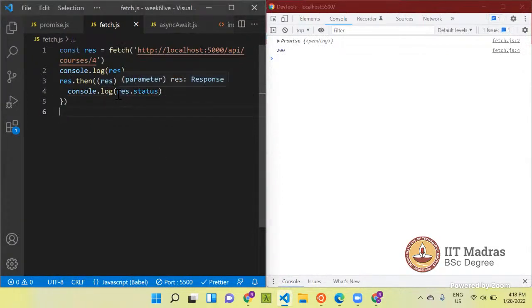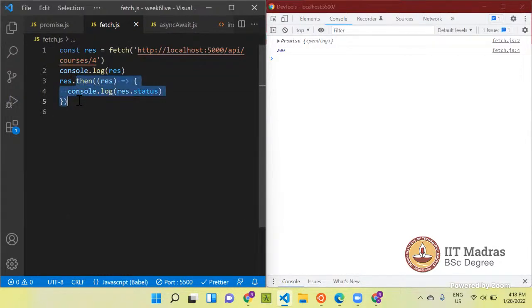This response object is not just the body of the response. It is like the whole representation of the response.